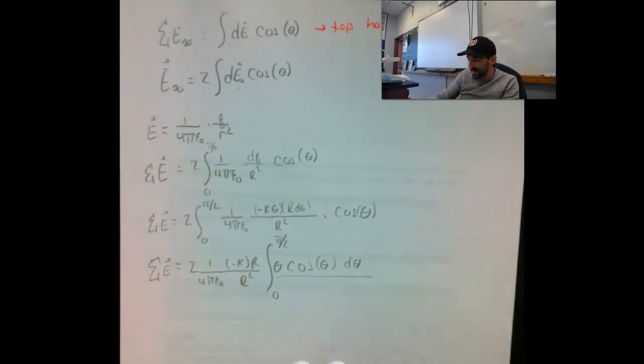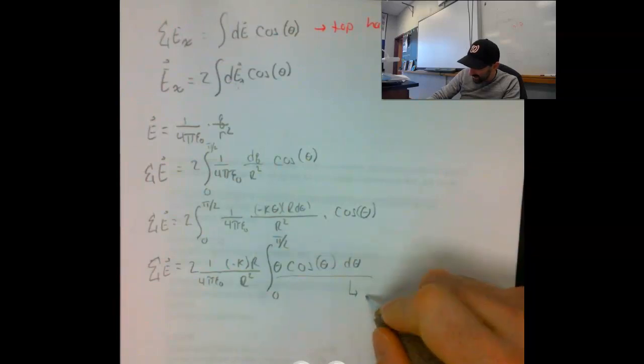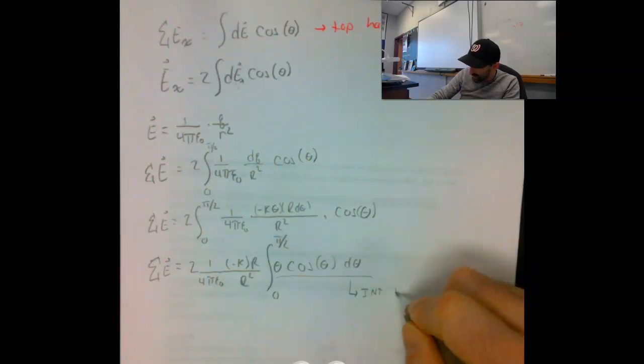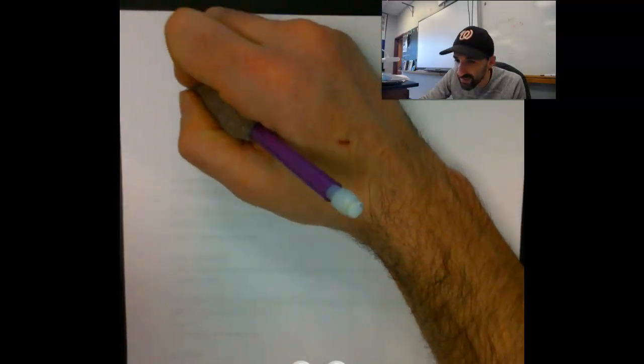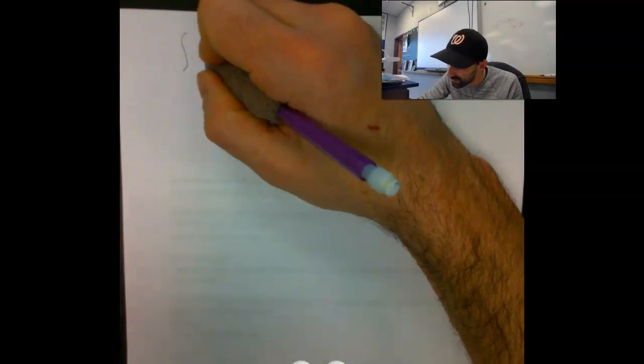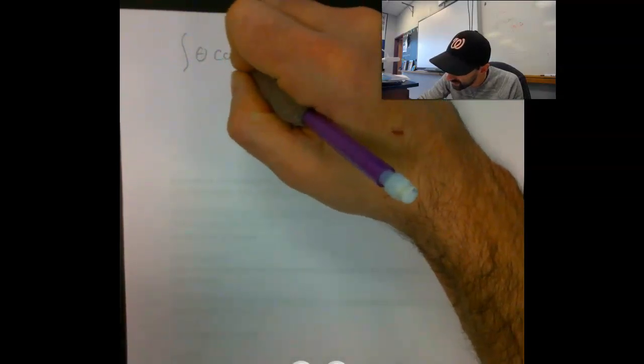You should recognize this as an integration by parts. So if you remember how to do this, feel free to fast forward to the next step. I'm just going to give a quick review of integration by parts. Integration by parts is kind of similar to u substitution, right? Let's write what I have. I was given the antiderivative of theta cosine theta